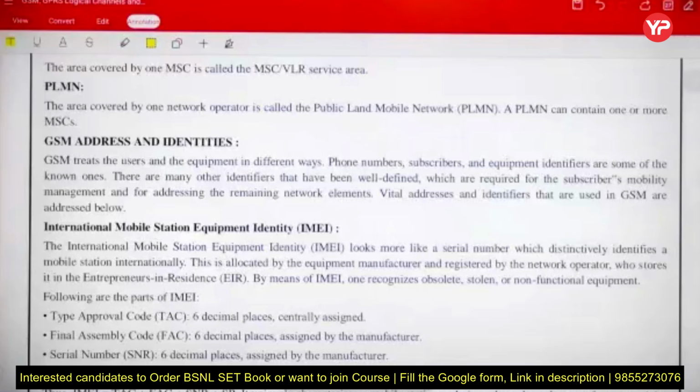User means your SIM card or you, right? I will discuss in detail what is happening here. So it will treat your user and your equipment in different ways. Equipment means your mobile phone, right? So as you know, if I'm talking about your mobile station, that mobile station has a unique identity number